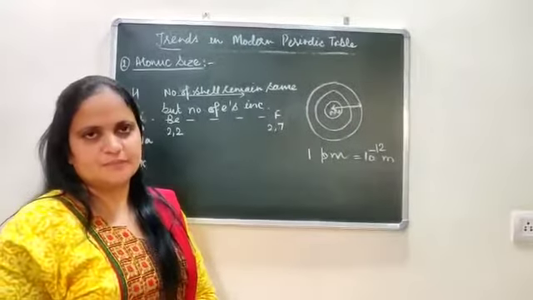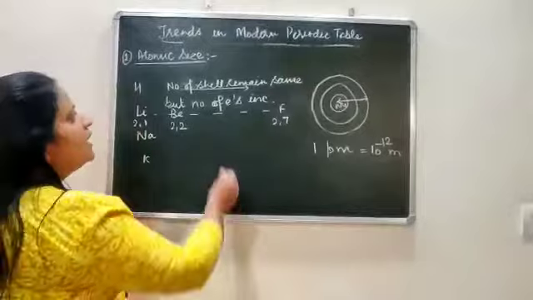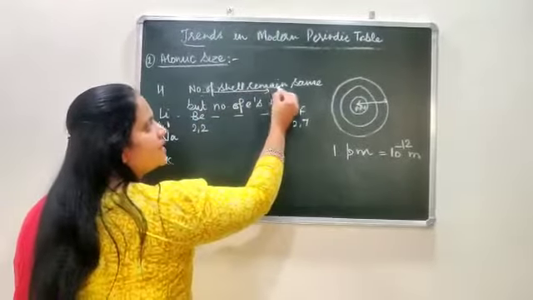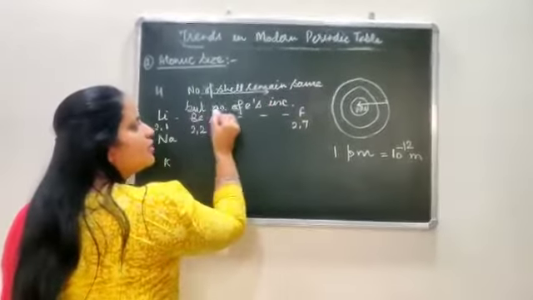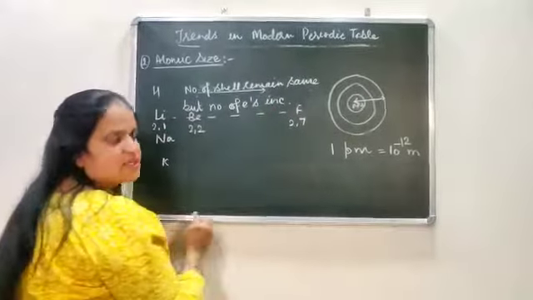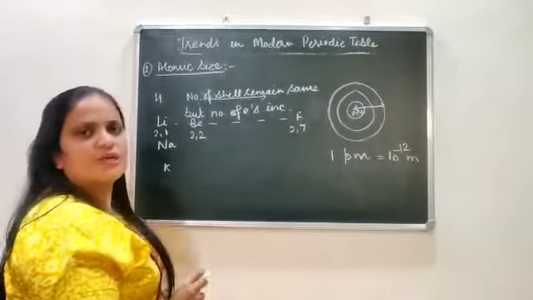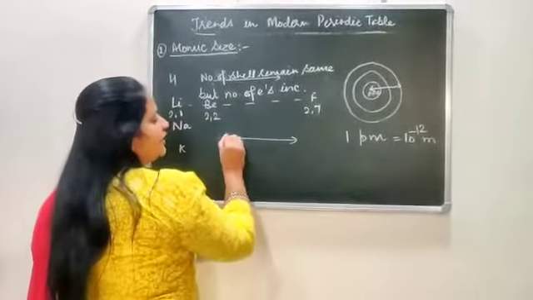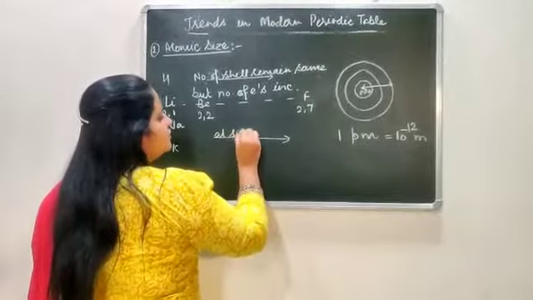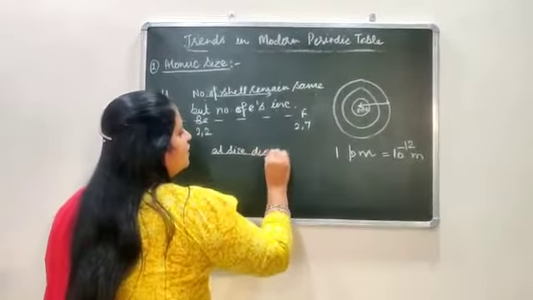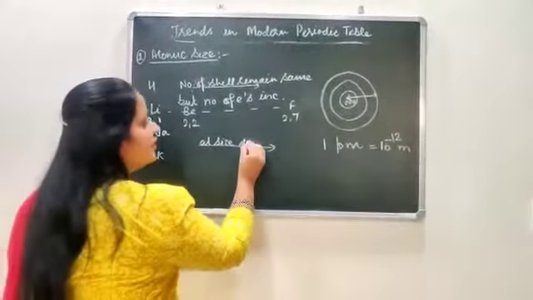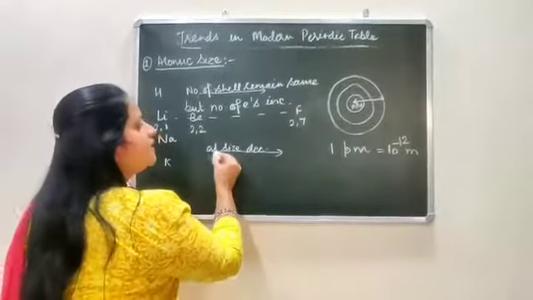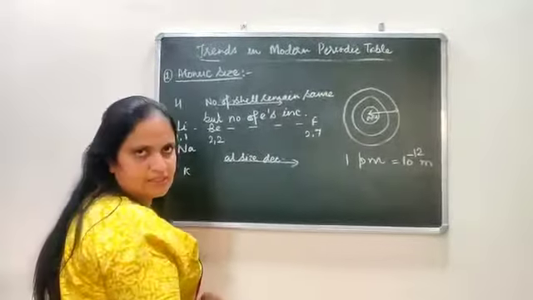size of the atom. So what we mentioned, as we are moving across a period, the number of shells will remain the same, but the number of electrons will continuously increase. Due to that, the force of attraction will also increase, and when we are moving left to right, the atomic size of the atom will continuously decrease. So what we define, when we are moving left to right across a period, the atomic size decreases.